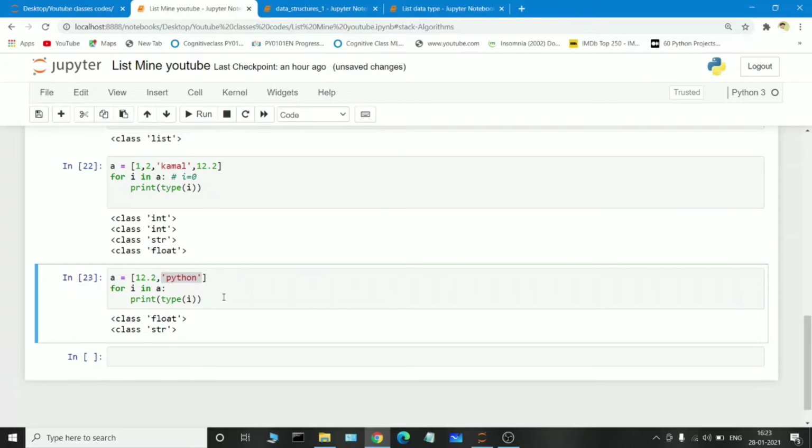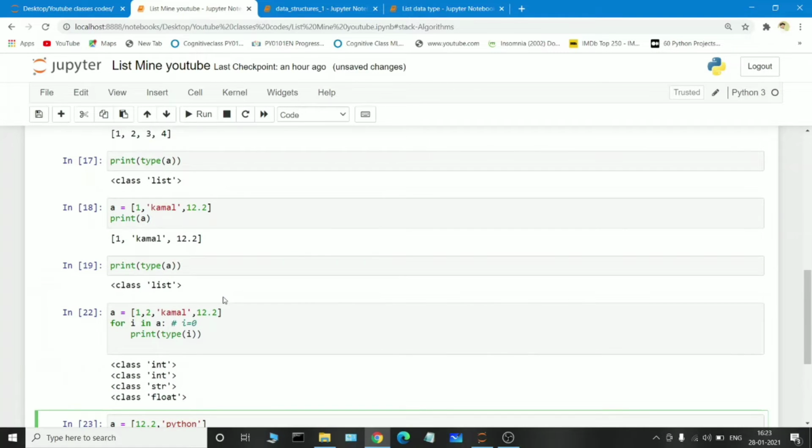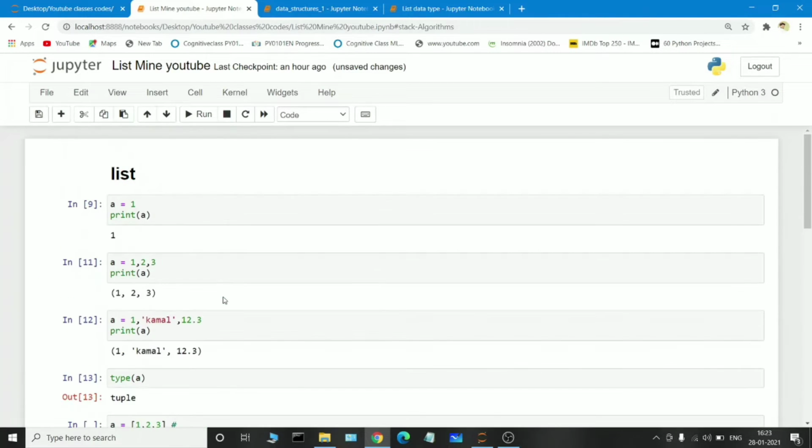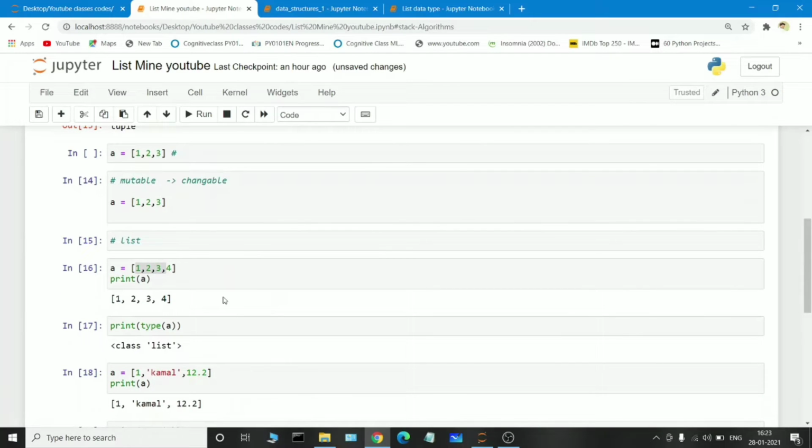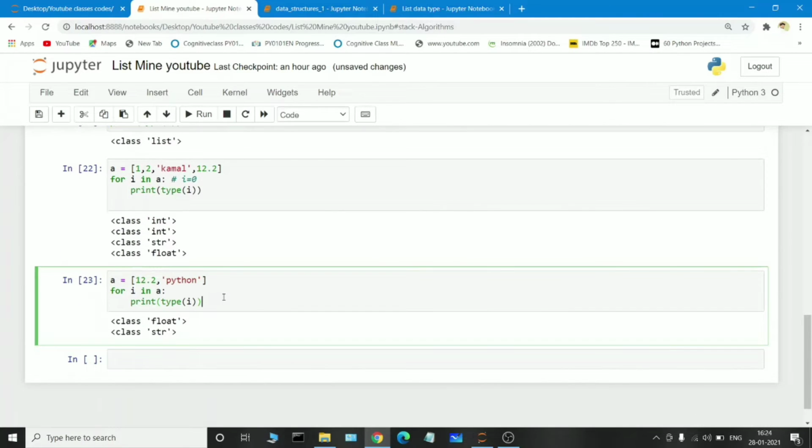It printed successfully. So this is how the list data structure works. It is very easy. The list data structure can be used when we are implementing the stack algorithm. Don't worry guys, the stack algorithm is one of the most important algorithms. It completely depends upon data structures and algorithm concepts. In the next section we will have a clear idea of how the stack algorithm can be implemented with the help of a list.